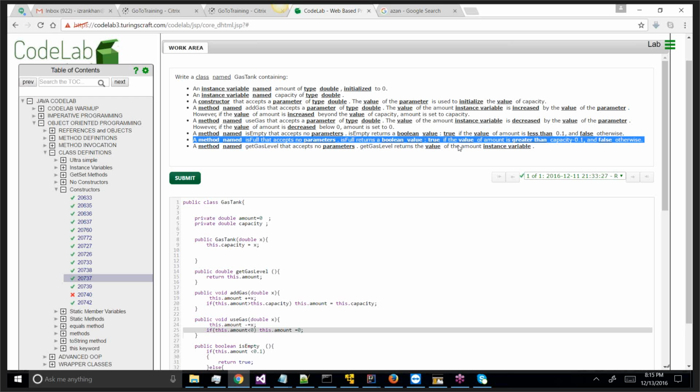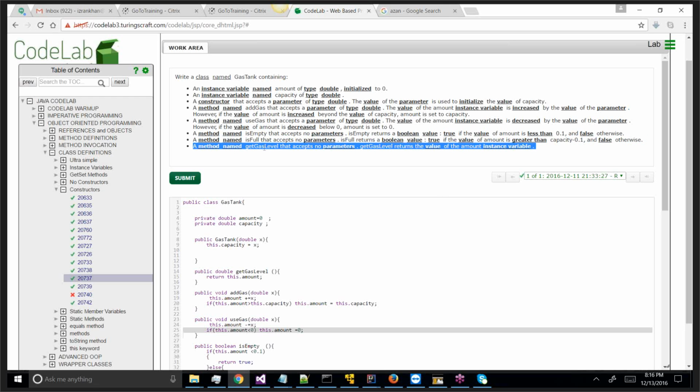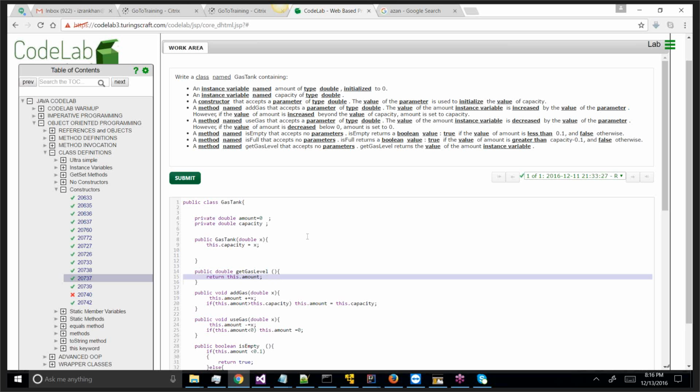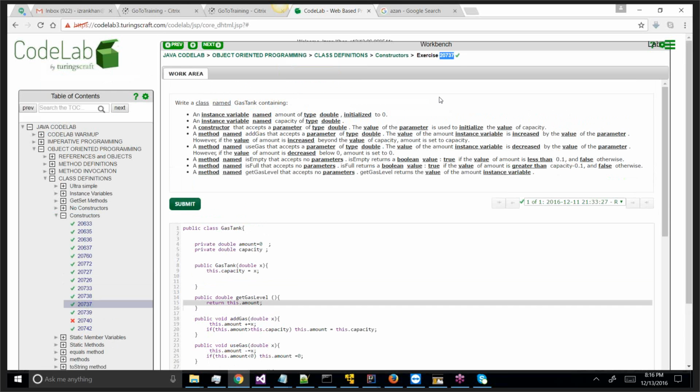Return a boolean value true if the amount is greater than capacity minus 0.5 and false otherwise. And this get case level accepts no parameter, returns the value of the amount instance variable. So this is done here. So the answer for this question is,